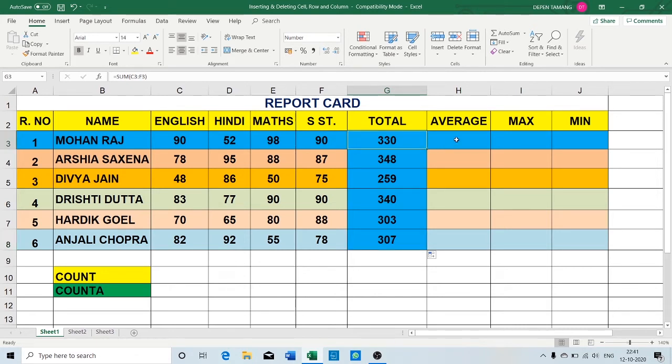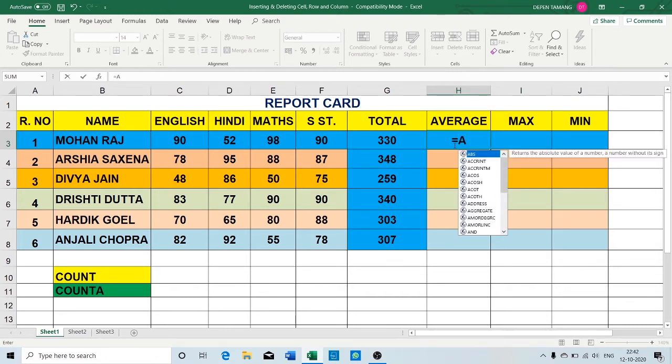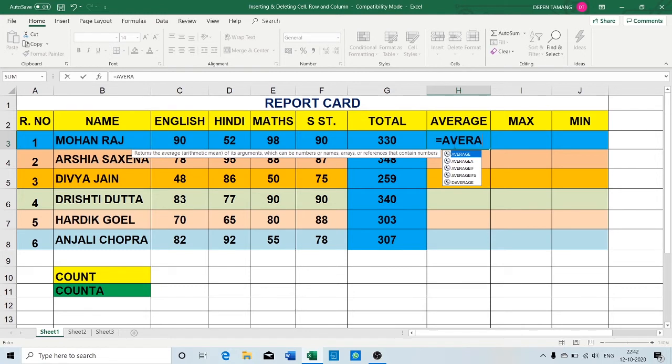Now if you want to calculate the average, again, as I have already said, all the formulas start with the equal to sign. Type the equal to sign, then you have to use the average function here. Average function. Open the first bracket.